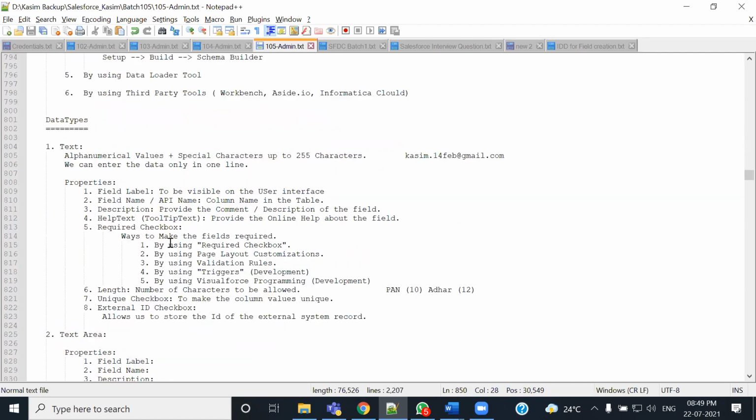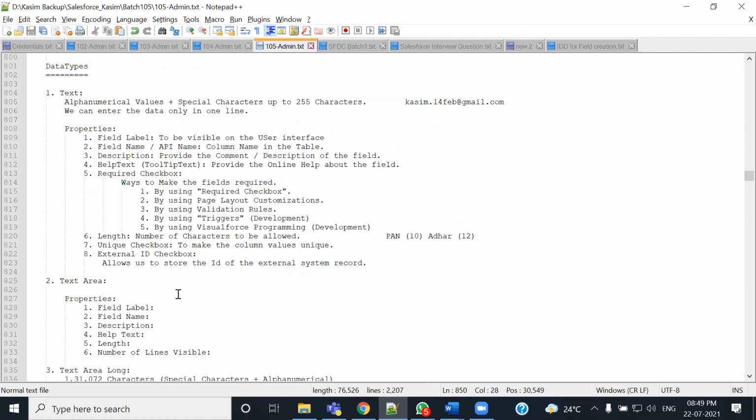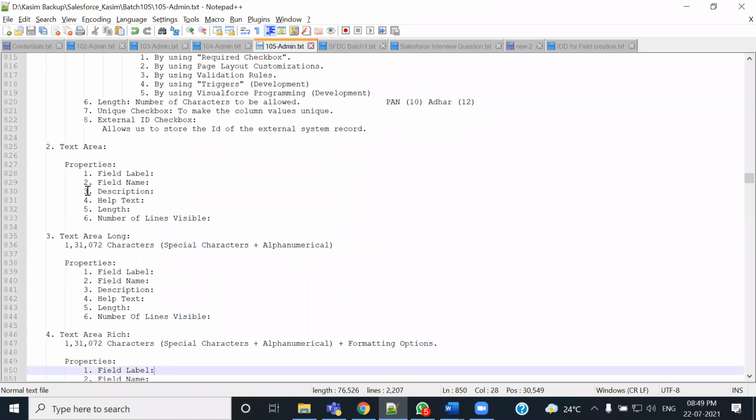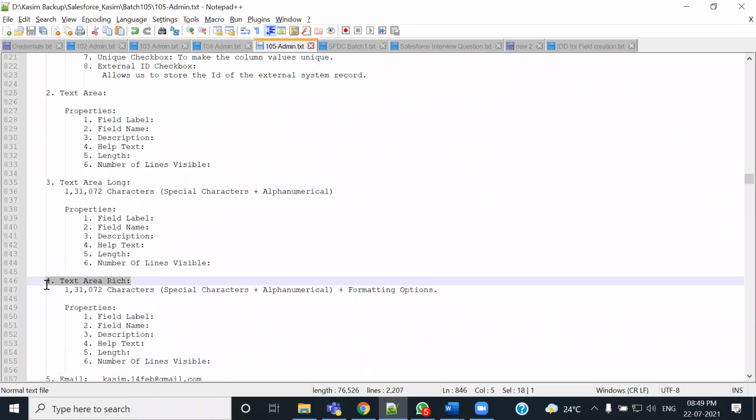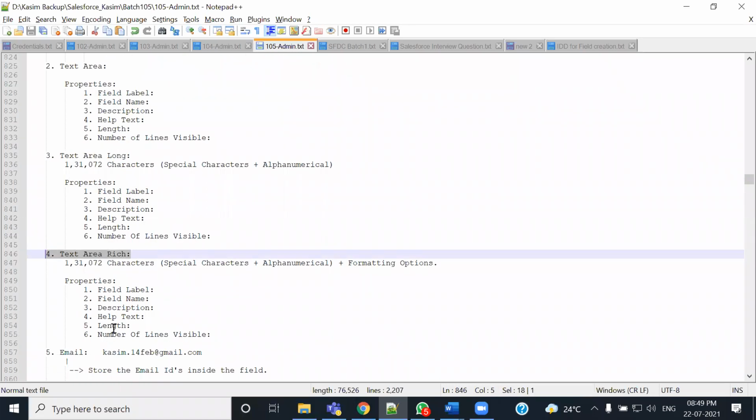So for entering text, we literally have all these options. Now how do you understand the differences? We are going to create the fields of every type, and then you understand where the text fits, where the text area fits, here we need to go with the text area long, here we need to go with the text area rich. That is how. For entering email, if you want to get the